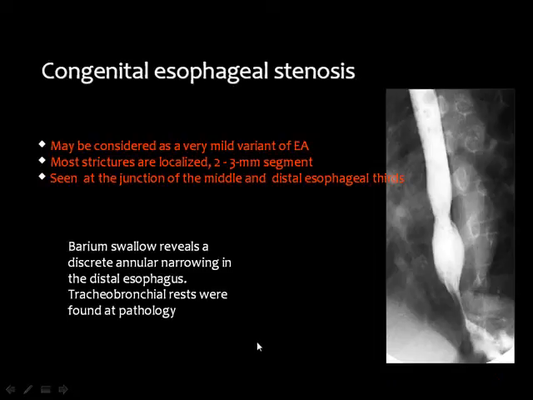Then congenital esophageal stenosis is the mild form of esophageal narrowing, and is considered the mild variant of esophageal atresia, and is usually a short segment and is located in the distal part of the esophagus, as you can see